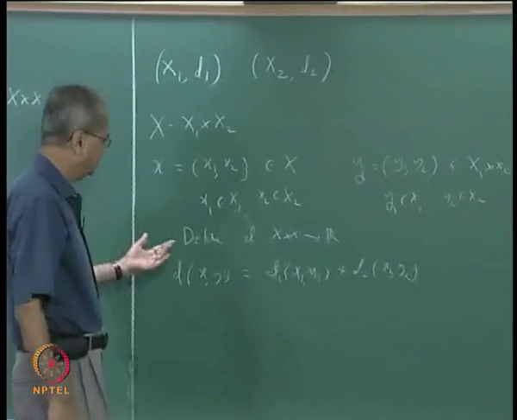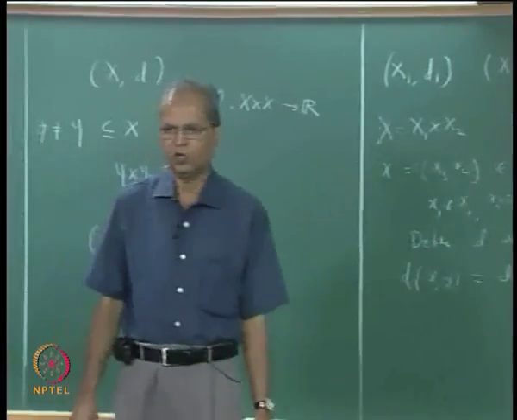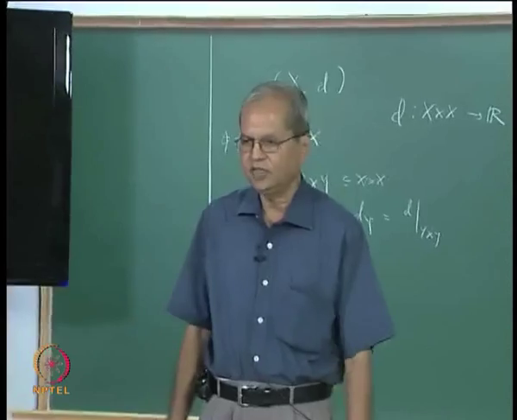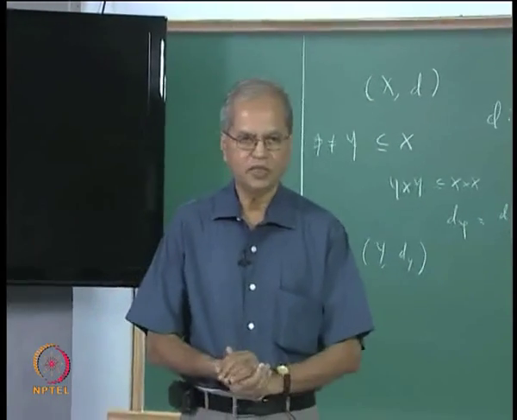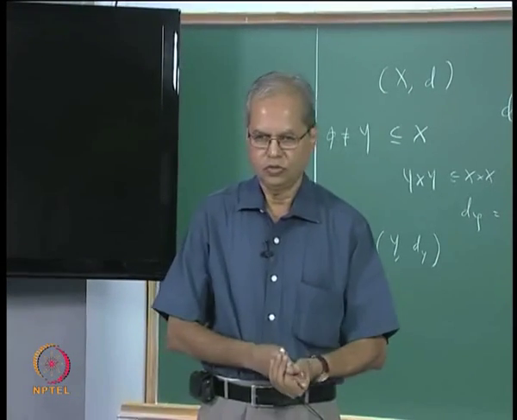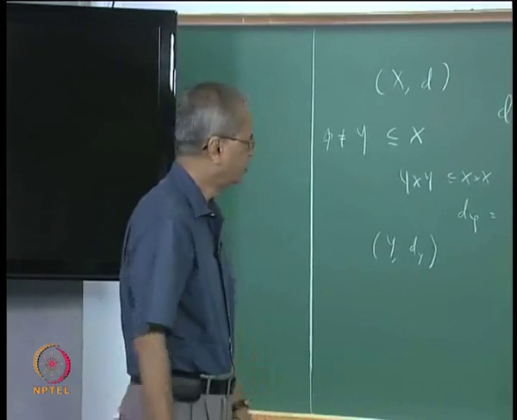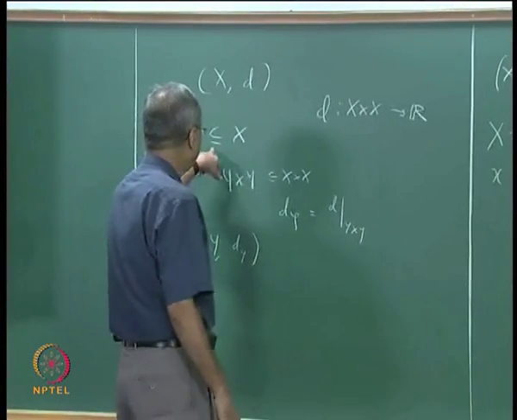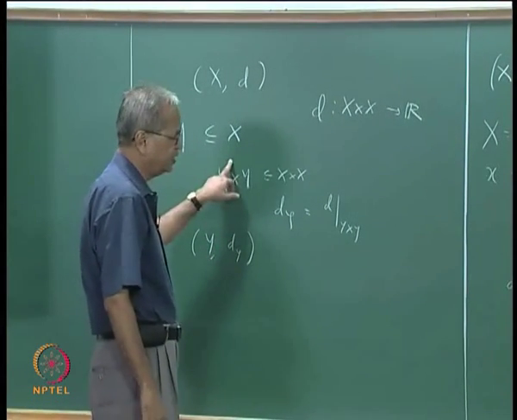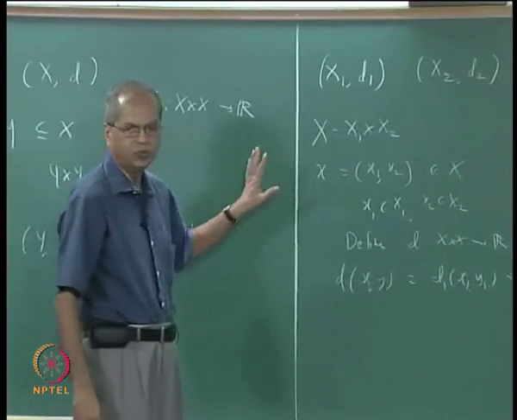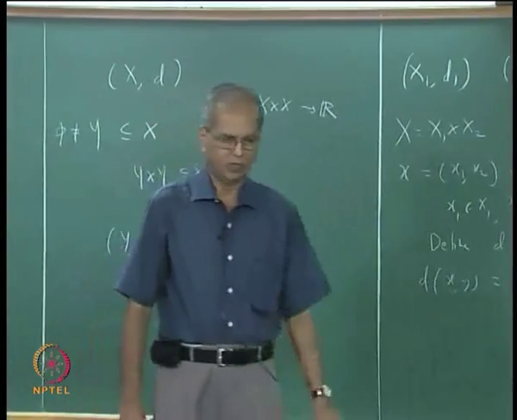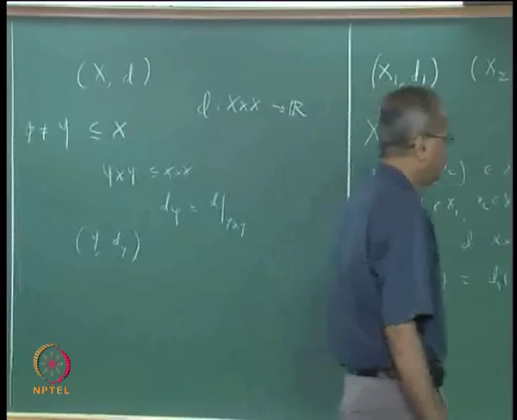I think to begin with these examples are sufficient, okay. All that you need to understand is there are several ways of constructing new metric spaces from the already known metric spaces. One is you can regard every subset as a metric space, and also the cross product of two metric spaces can be converted to a metric space, okay, alright.